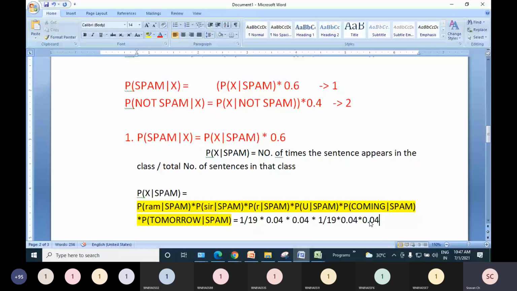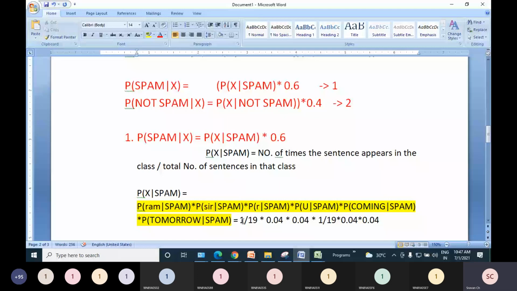So we have taken a very simple example, and that's the reason we are getting mostly repeated values. But the procedure remains the same. The procedure is correct. This is how I get all the conditional probabilities. I will multiply them, I'll get some answer, and that answer I will multiply with 0.6.